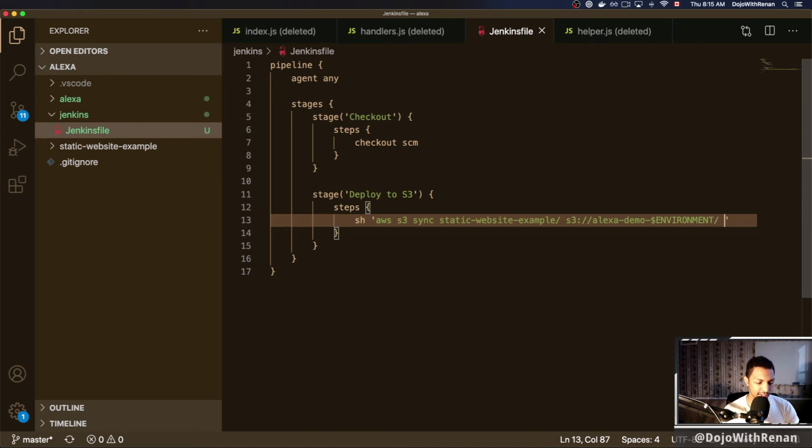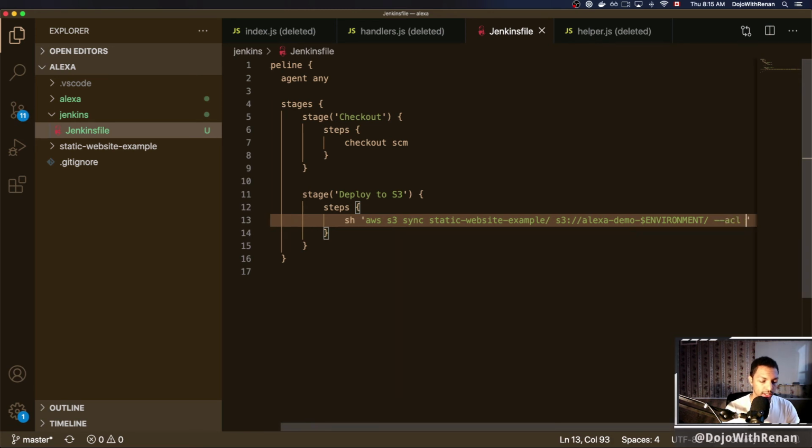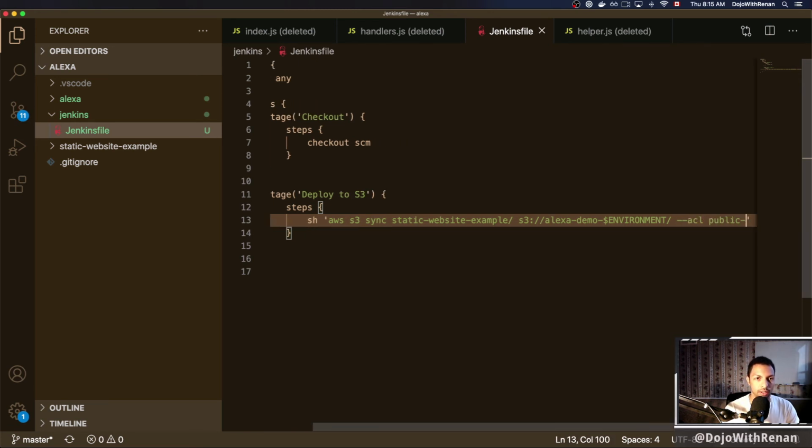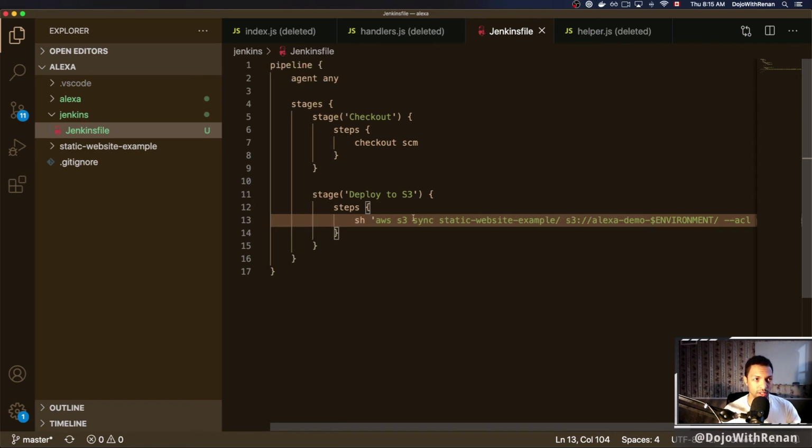And the last thing, I just need to make sure that this is the ACL, so the access control list, is public-read. Otherwise, if this is private, I'm not gonna be able to access the website from outside. So I'm just making sure that this is public-read, so anyone from outside can load the website. All right, so this is the pipeline. It's a very simple pipeline. So it just checks out the code and then syncs the local folder static-website-example all the way to